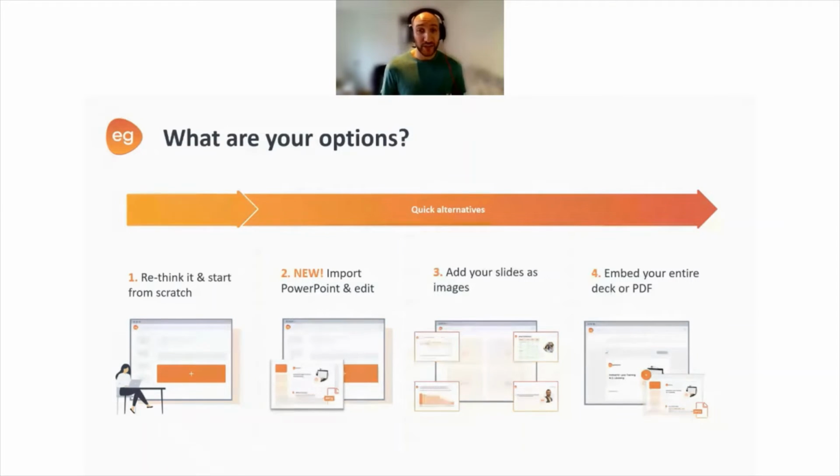And this will have the highest impact potential because you're really creating specifically for the remote learner instead of just adapting the PowerPoint by uploading it into the tool, for example. However, this is going to take the most amount of time. And so we're really trying to save time here. And so I'm really going to focus the rest of this presentation on the other three methods that you see